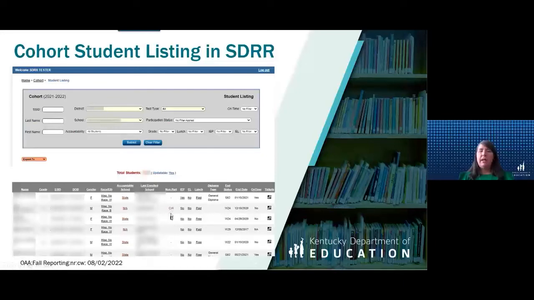File any non-participations, you can click on here and do that. And the others you have to go through and make sure. But like I said, anytime you make changes in SDRR, you have to make sure that it is reflected also in Infinite Campus.